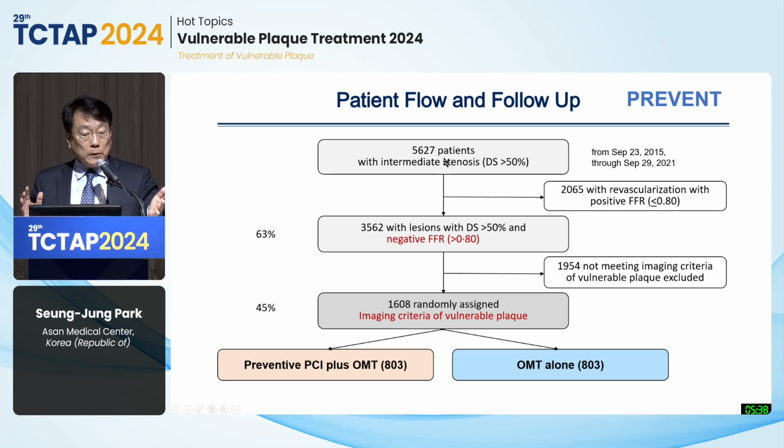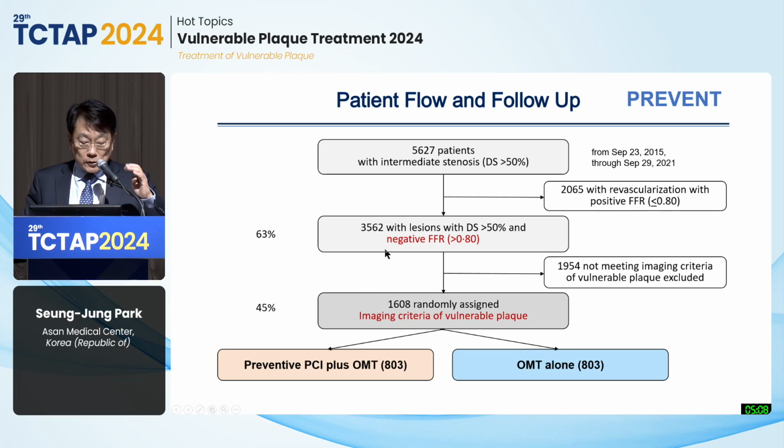Look at this, a very important issue. We screened more than 5,600 patients. Among them, 63% had significant angiographic stenosis, and 63% of those patients had negative FFR. Among them, almost 45% of lesions satisfied the imaging criteria for vulnerable plaque. It's quite the same as Dr. Mehta's